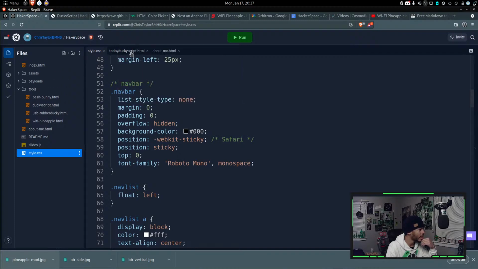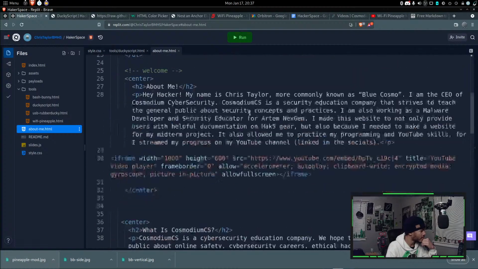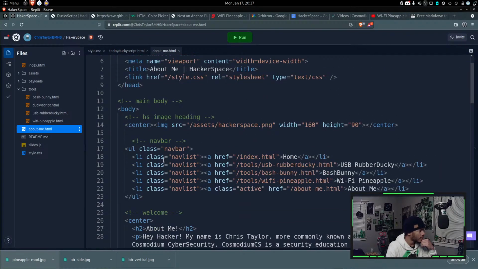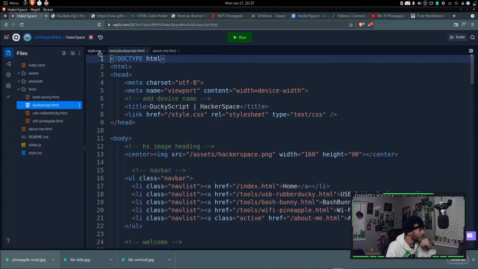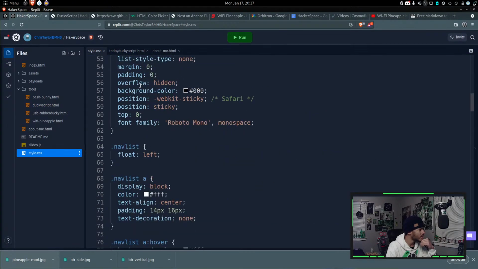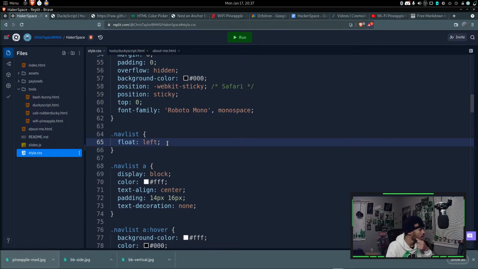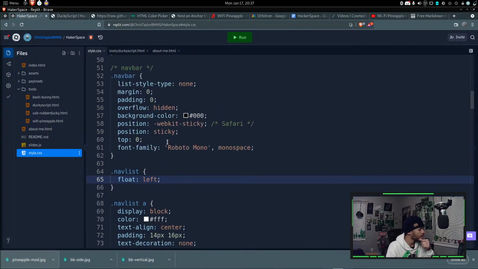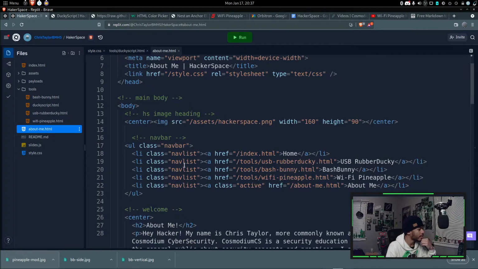Yeah, so if I go on like the about me page, our class for all of these are nav list. So if I go onto the style CSS, our nav list flip to the left. Yeah. So we need to make sure that when we look at the about me.html, for example, so nav list and nav bar, I need to,